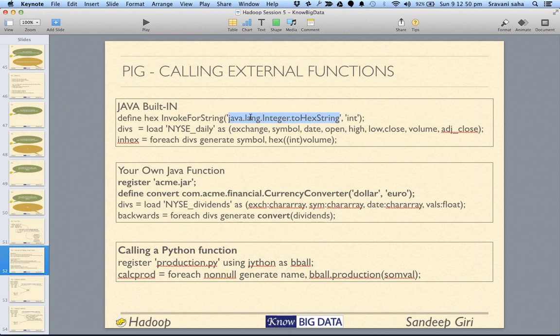The syntax is first, say for example, we had to convert something into a hex string. All right. So we first had to define a hex function. And this hex function is basically a static function in Java. And all you need to say is InvokeForString. And this is the function which we are looking for, and this is the argument we will be passing to it. InvokeForString basically would give a string as the input